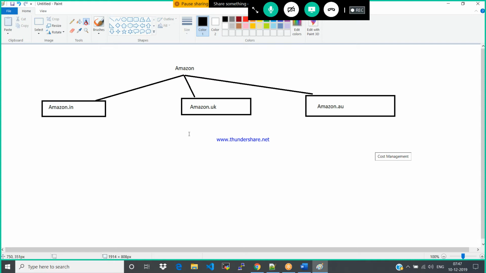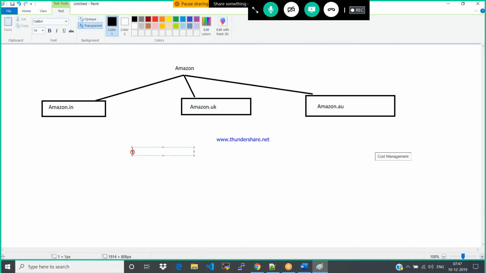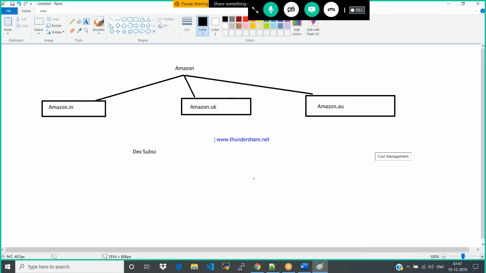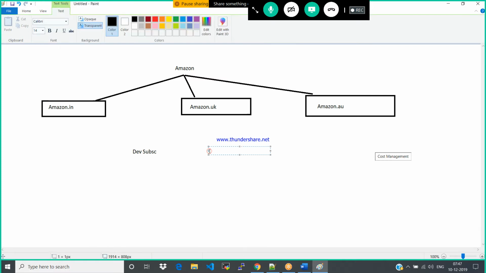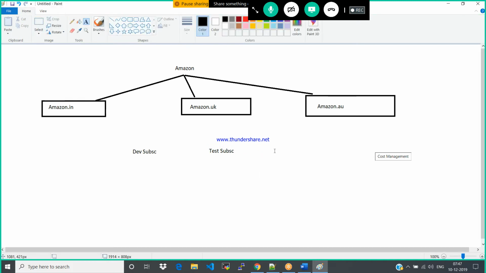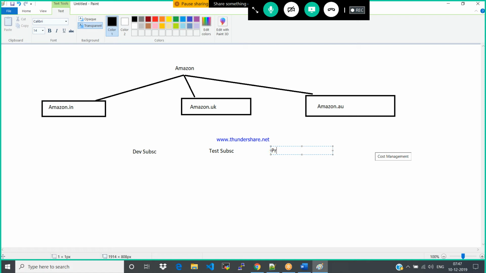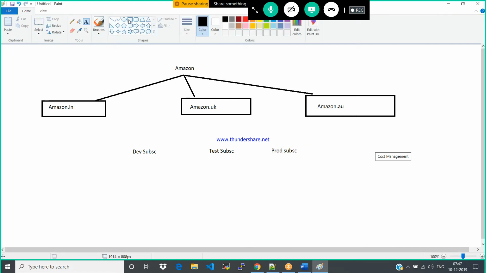Okay, here, dev subscription. If you have any doubt, such as, if you have individual subscriptions, how do we, as part of one organization, make sure of the communication?